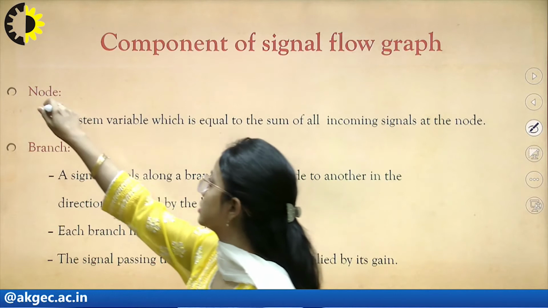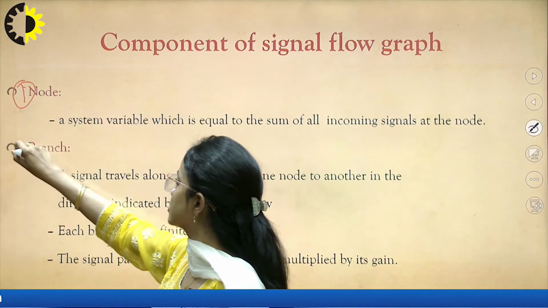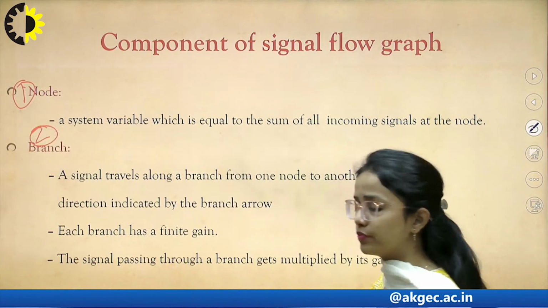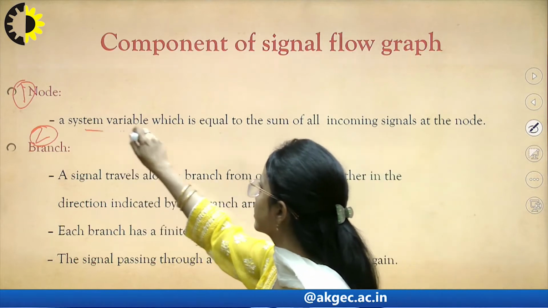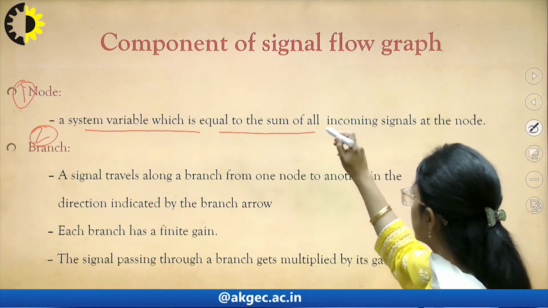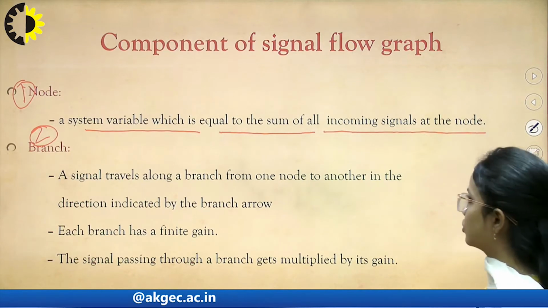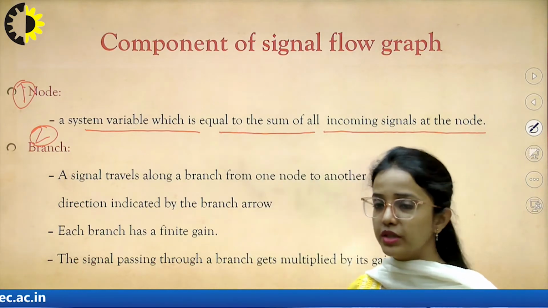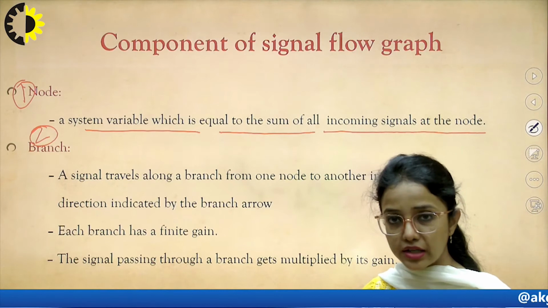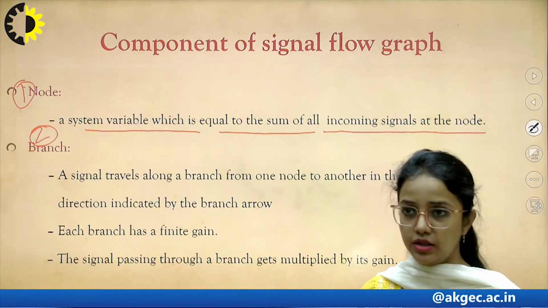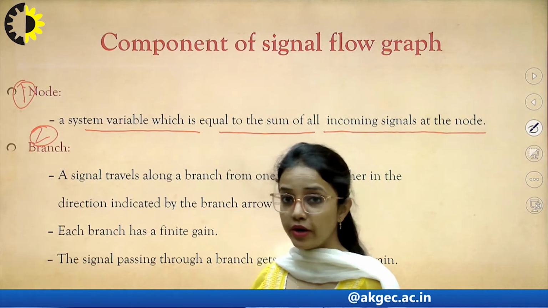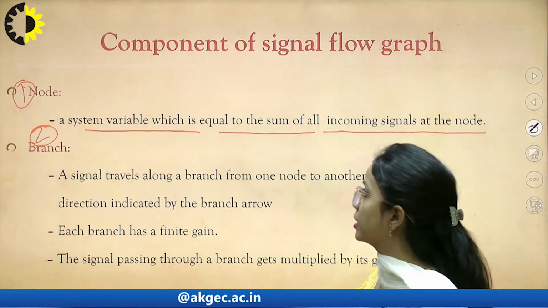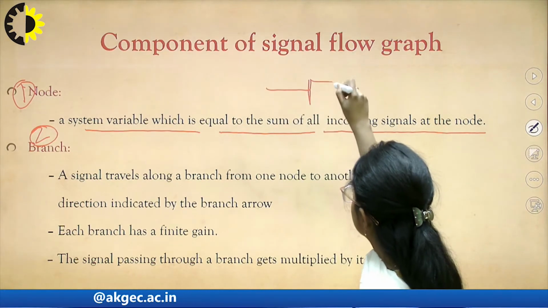So the first component here is node, the second component here is branch. So node is a system variable which is equal to the sum of all incoming signals at the node. So here we have to understand that node will be a typical point that is between two gain terms. Any takeoff point can be defined using a node, any summation can be defined as a node. So simply we can say that, let's say we have